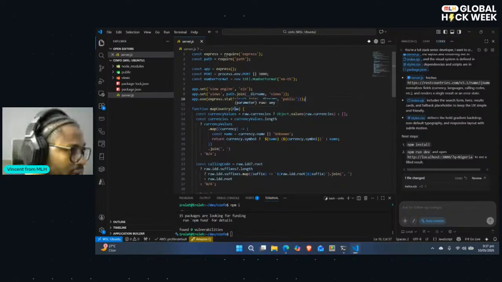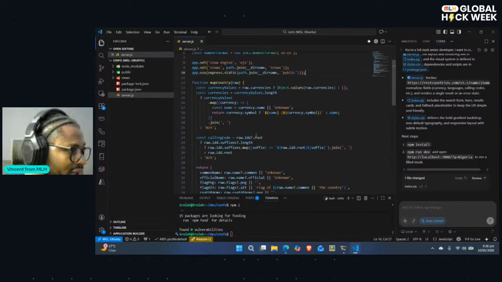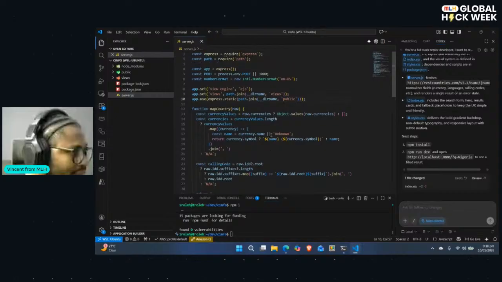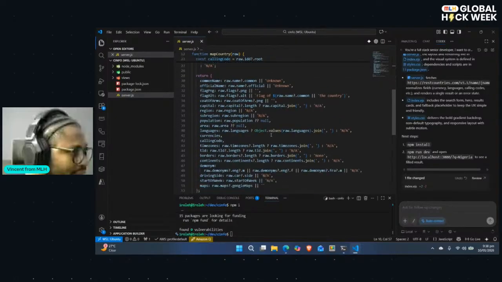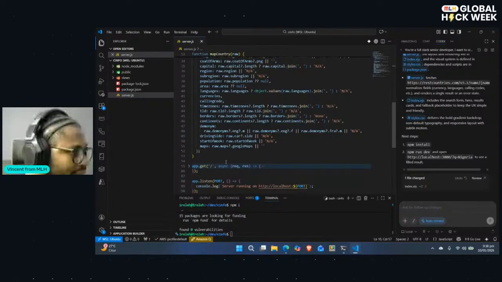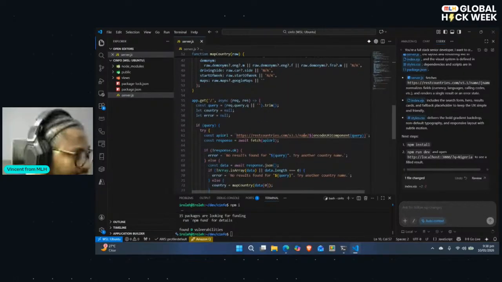It's taking the raw data. This raw data should be coming, I believe, from the view, or whatever was returned. Let me see. I just wonder where it is calling the API. I'm not seeing where it's calling the API. It's not calling the API here. Is it? Let me see. Okay, it is. It's calling it here.